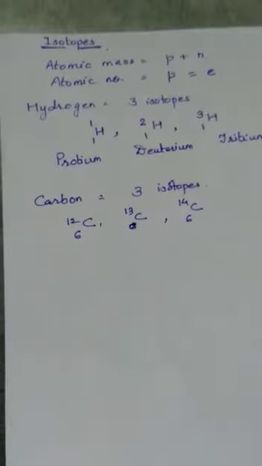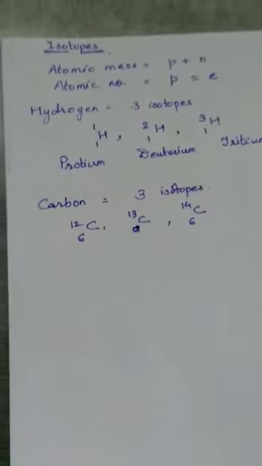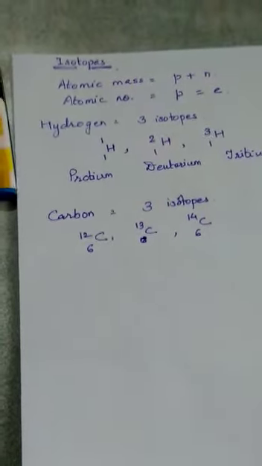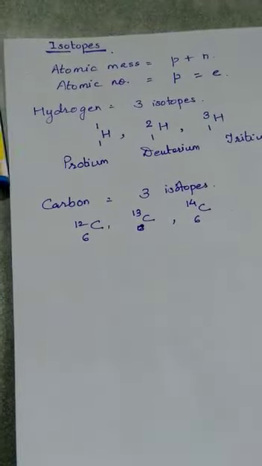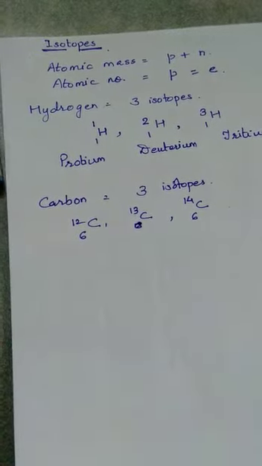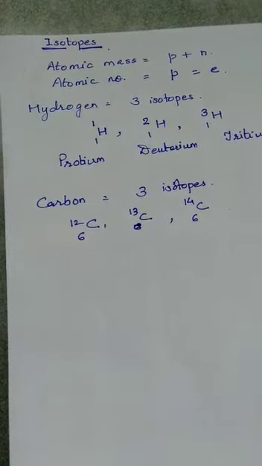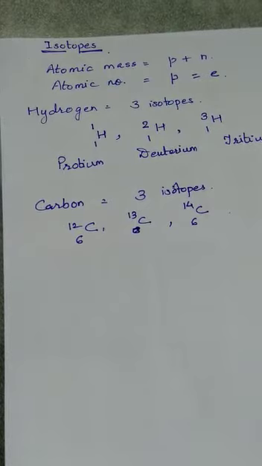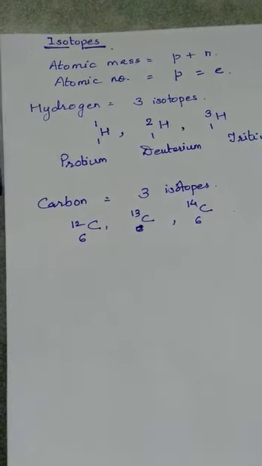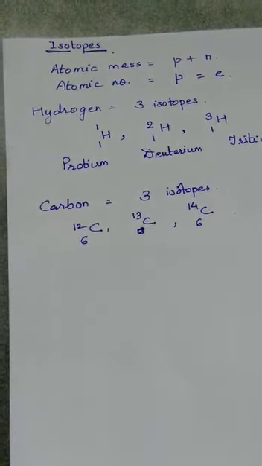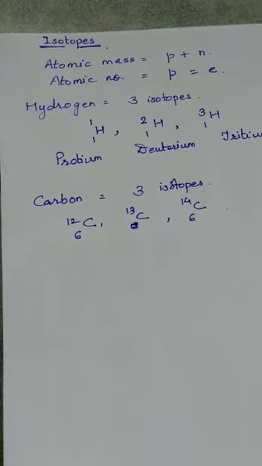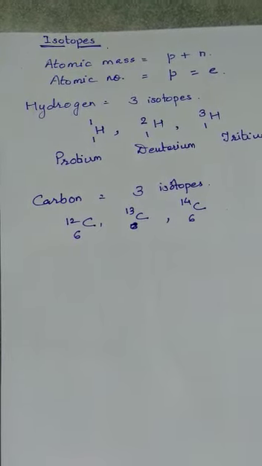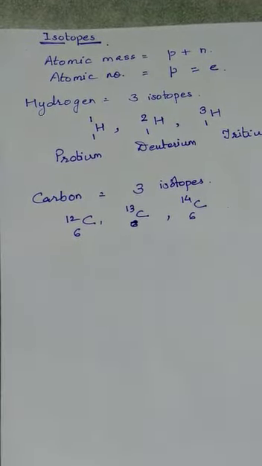That means they will have atoms of different kinds in the same element. Maybe they are atoms of different kinds, but the atomic number is the same. Atomic number is the number of protons present inside the nucleus. We know that the number of protons in the nucleus is always equal to the number of electrons outside the nucleus. So when the atomic number is the same, the number of electrons in the given atoms of isotopes is the same, and the electronic configuration becomes the same.